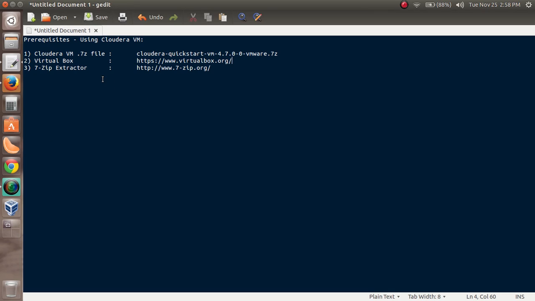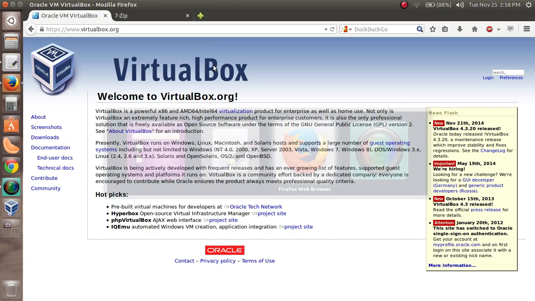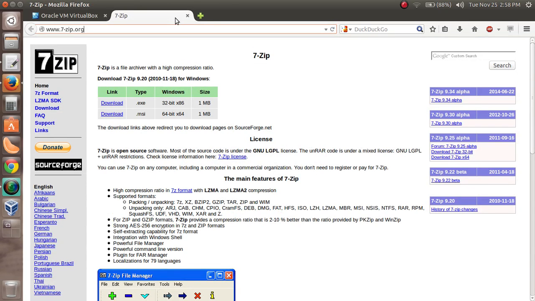Next one is your WinZip extractor. Now this is something that you again need to download from here. You can see the download links below the video. The 7-zip file would look like this, wherein you need to download the .msi file because yours is a 64-bit